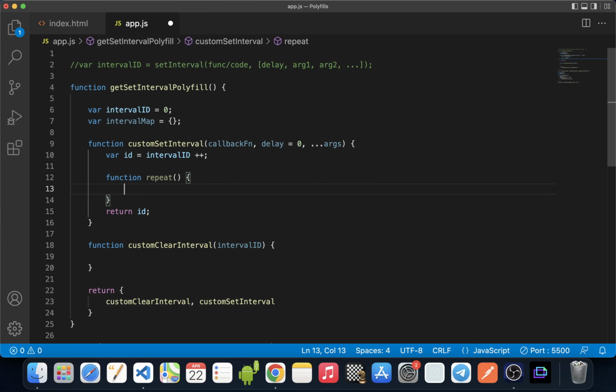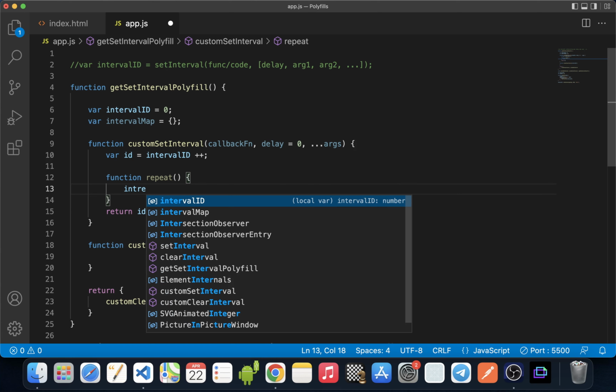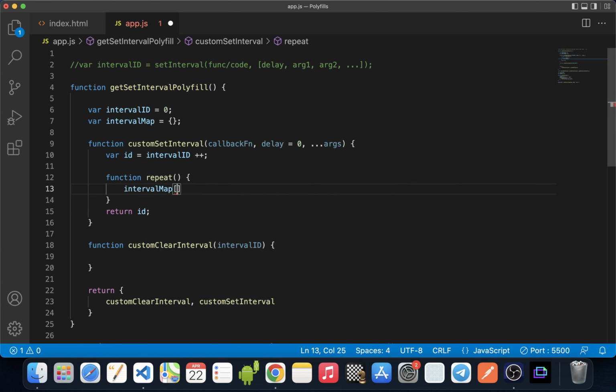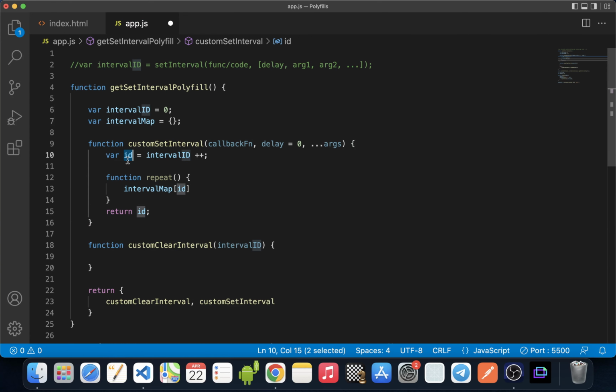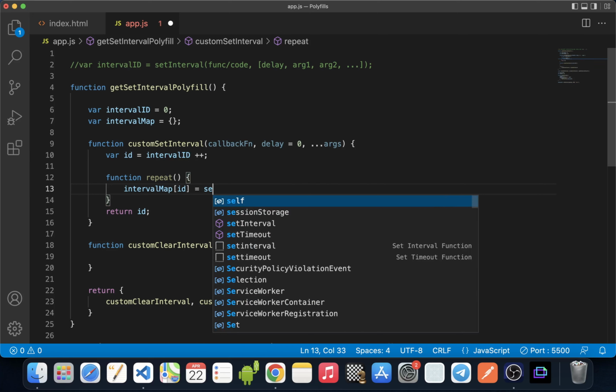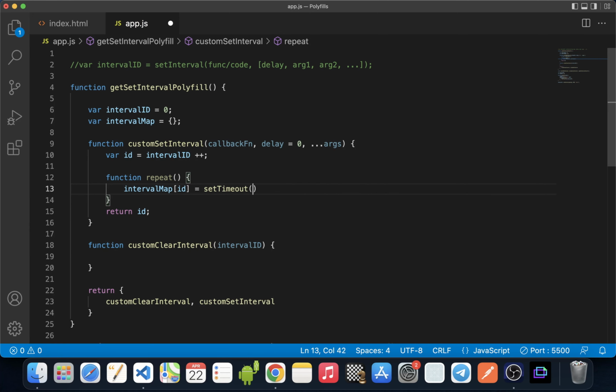Inside this repeat function, we'll map the id we created and the timeout id that will be returned by the set timeout call. So let's map it by interval map, and we'll pass it the id that we just assigned here, and to this mapping we'll assign the timeout id returned by set timeout. So let's write set timeout for it.